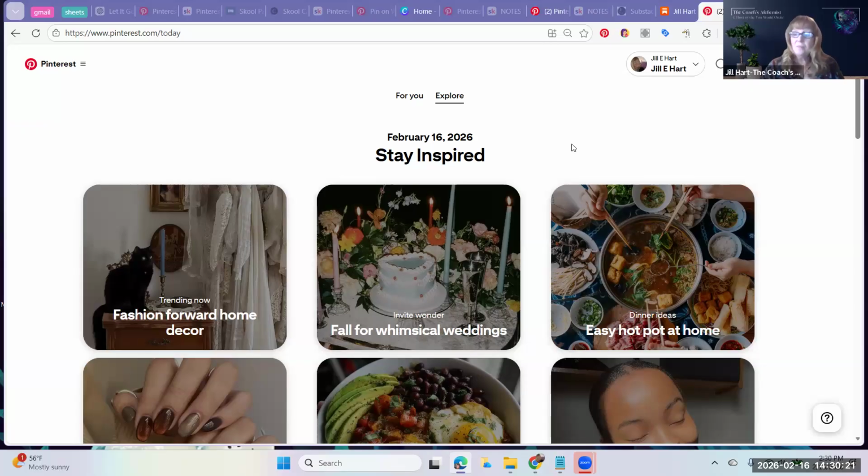For a long time, Pinterest was getting all the Google love. This is maybe 10 years ago, maybe 15. I don't know how old Pinterest is, but it's been around for quite a while. In the beginning, every time you went to Google to search something, you were getting fed a Pinterest pin and they were gating it, so you had to have a Pinterest account to see that pin.